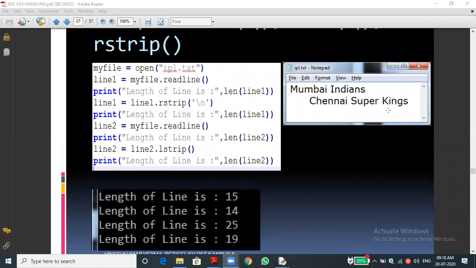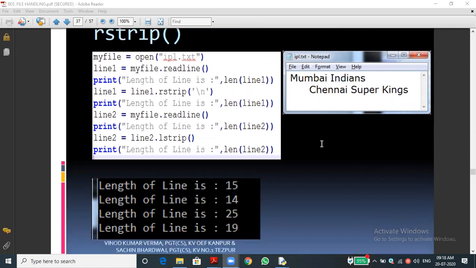Suppose by using the readline function, I ask to print the data also. As you see in the file, that is my file.readline, line 2. Again I am asking to print line 2, directly, not the length of line 2, and only Super Kings is printed. Because the cursor is there, and after that we are asking to print the second line. So whatever content is before the cursor will be omitted. So the cursor plays a very important role. Here we have to say it is not a cursor, it is a file pointer.